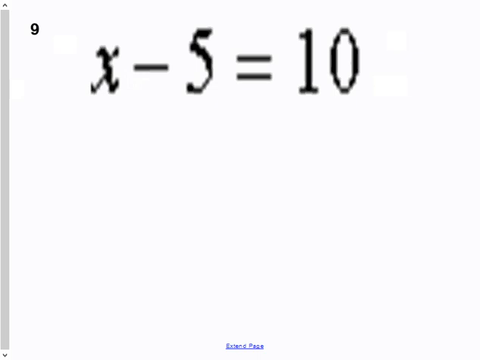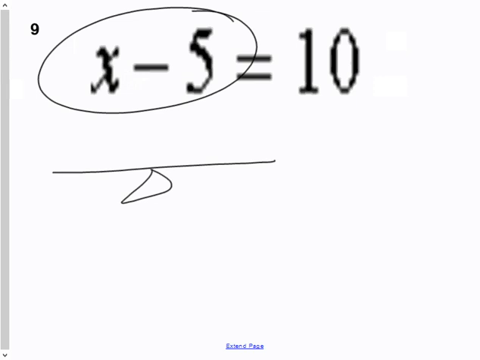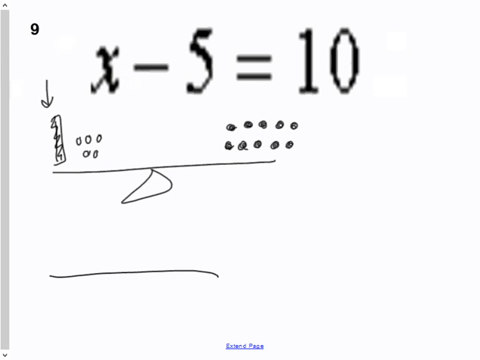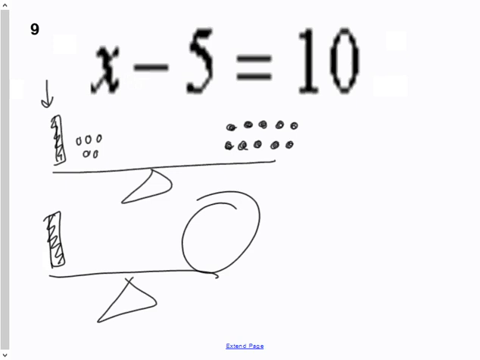Okay, so if you look at this question, on this side of the equation, if I was to think of it as a drawing, I have x and I have minus 5 equals positive 10. Remember this when we drew it out? So I said, if I wanted to solve this question, what would I do to isolate the variable? Well, what I want to do is get x by itself. If I can get x by itself, this is x, then whatever's on this side is going to be the value of x, right? So I'll erase that here.